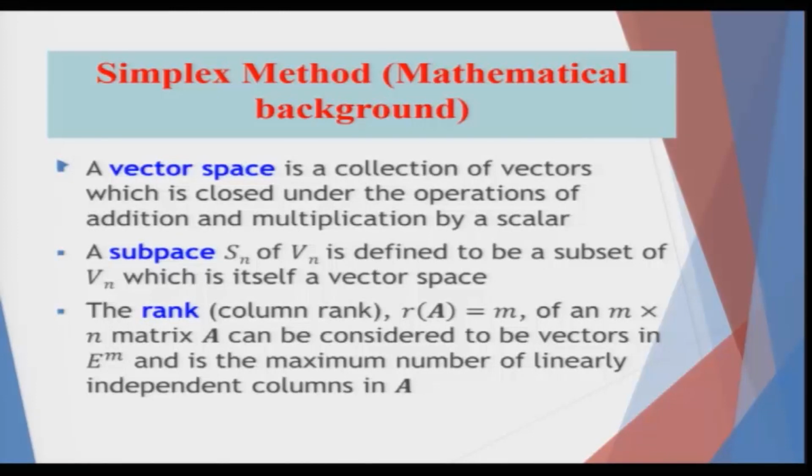A subspace of the vector space V n is defined to be a subset of V n which is itself a vector space. So, if I keep going down and down, like taking a microscope and going into the inner depth, and I am able to find the smallest subset of V n, obviously that would be the subspace based on which I can generate the outer sphere also.